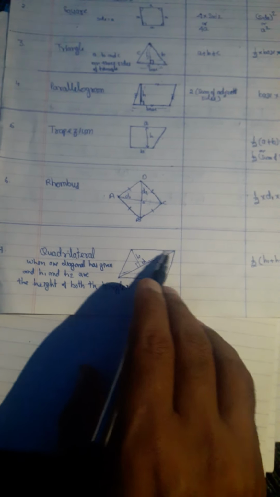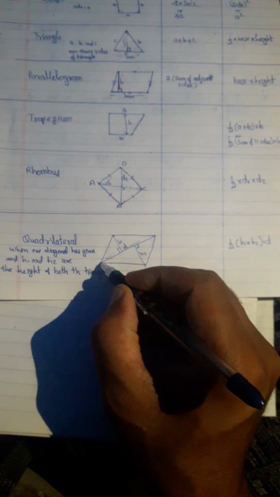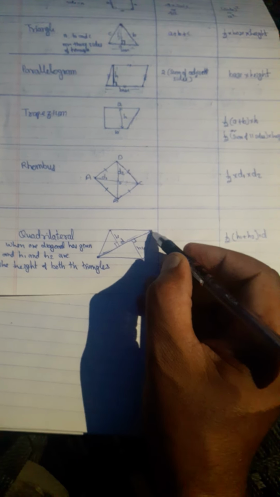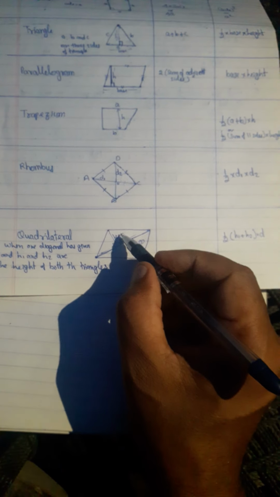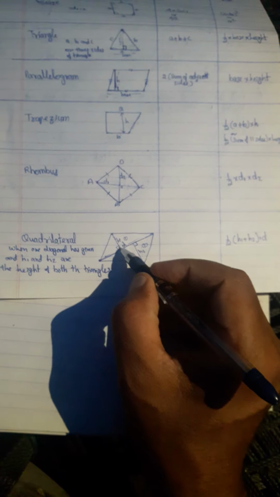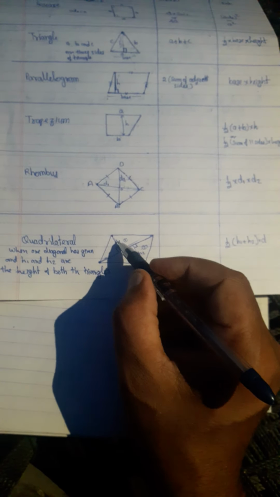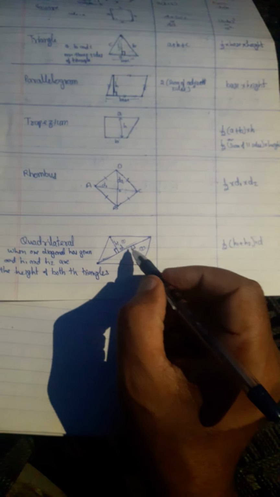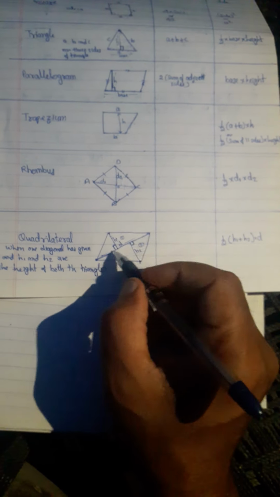One more quadrilateral is given here. In this quadrilateral, if we draw any one diagonal, suppose we join this vertex to this, we draw one diagonal, and here it becomes 2 triangles, one triangle this and another triangle this one. In each triangle there is a perpendicular height. From the vertex, perpendicular lines are drawn, that is known as height 1 and this is known as height 2. Always remember these heights should be perpendicular from the vertex to the given diagonal.